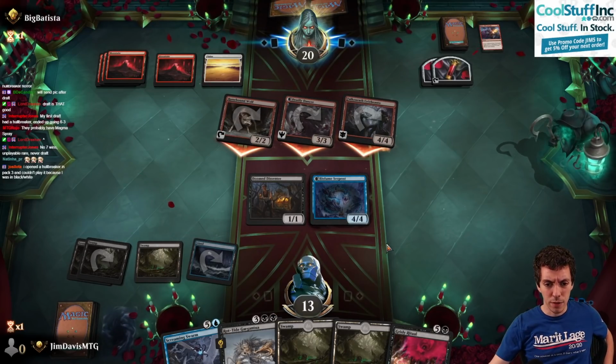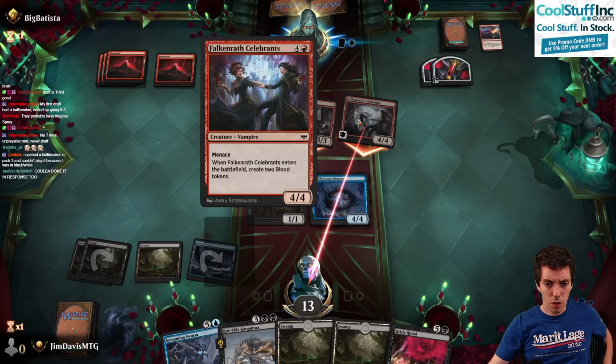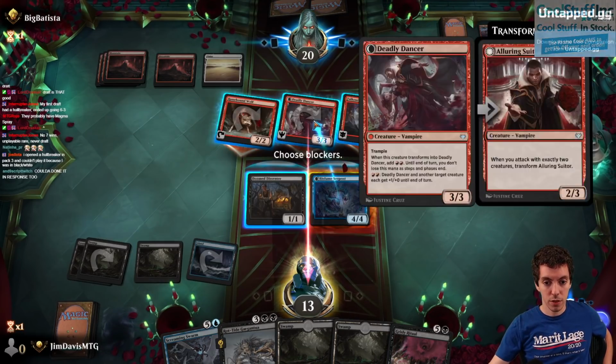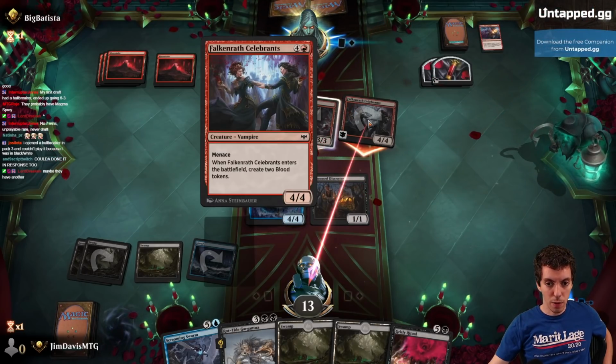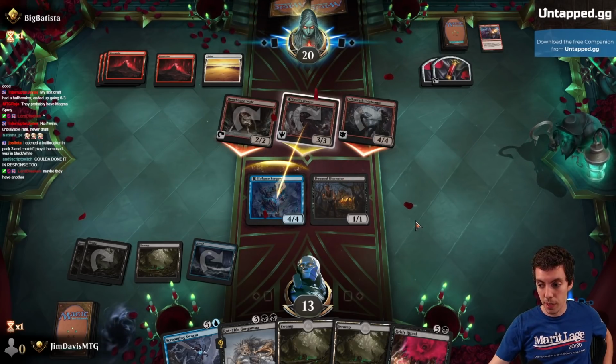So here comes the clowns. I think it's Menace. This card's good. I must try Menace. Block this, make them use a thing, and then we can kill the Menacer and shrink their board down. We're taking a lot this turn, but